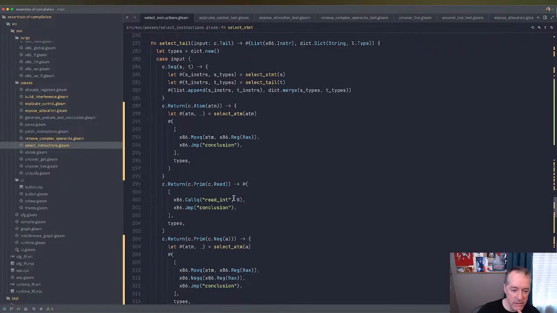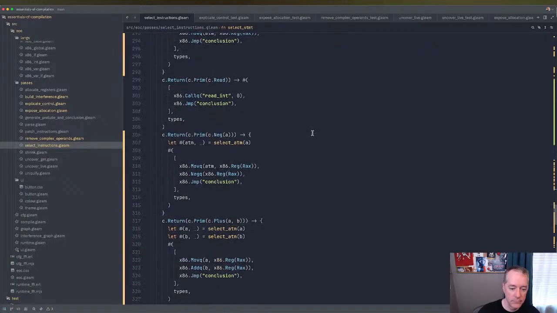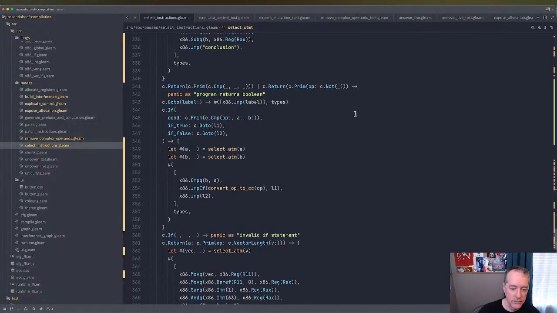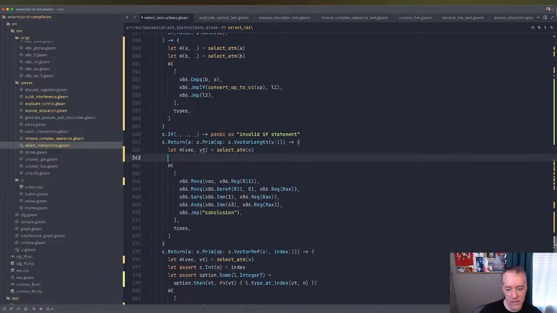We need to look at select tail as well. And I don't think our vector length ever returns this, but